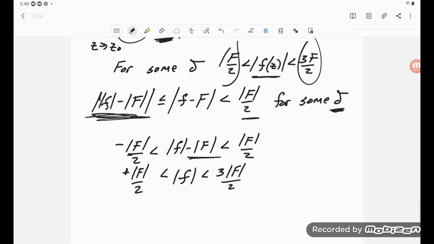And again, I could actually use any numbers based on that big F that I want. Instead of using ratios, I could say I could make it as close to F, within some number like an epsilon. I could do it that way. But doing it as a ratio of big F is a nice way to go sometimes. So I can bound that